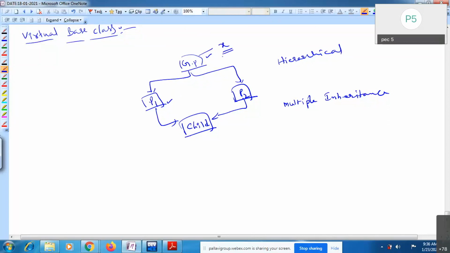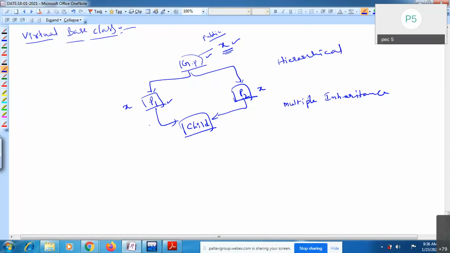If I derive these two parents, P1 and P2, from this grandparent, this X is visible inside P2 and inside P1 as well, right? When using inheritance, that data member is visible inside derived classes.